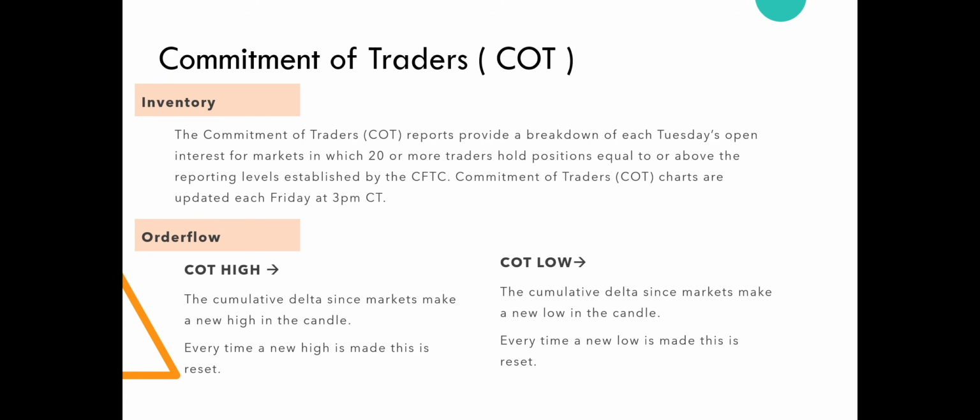Originally, the way it has been used all through the decades and for many years is a weekly report that comes out which says in which 20 or more traders hold positions equal to the reporting levels established. So there is a threshold level established by the CFTC. In any of these commodities, mostly commodities, if the traders are holding positions beyond that threshold level, 20 or more traders, it gives you an idea that more traders are committed to a long inventory or a short inventory in a certain commodity, right? That was the whole premise of how COT has been used over the years, over the decades.